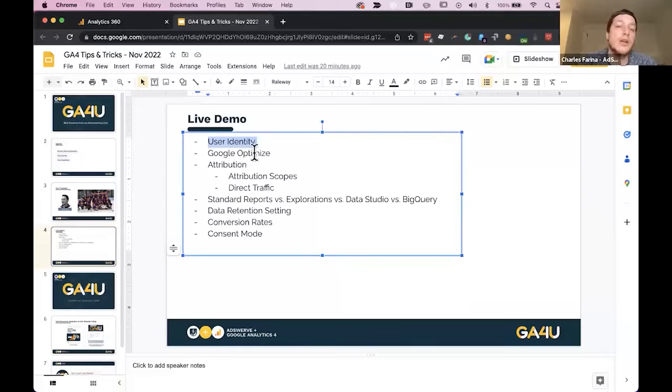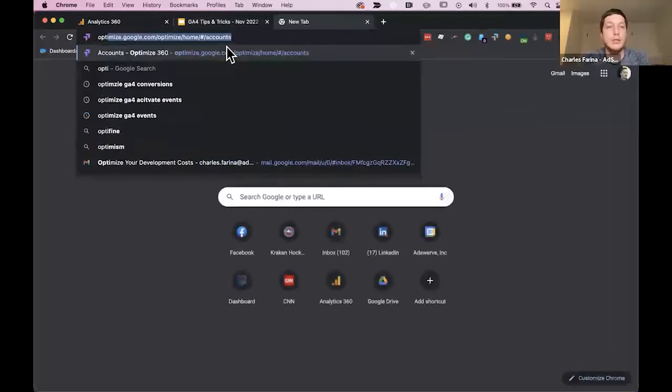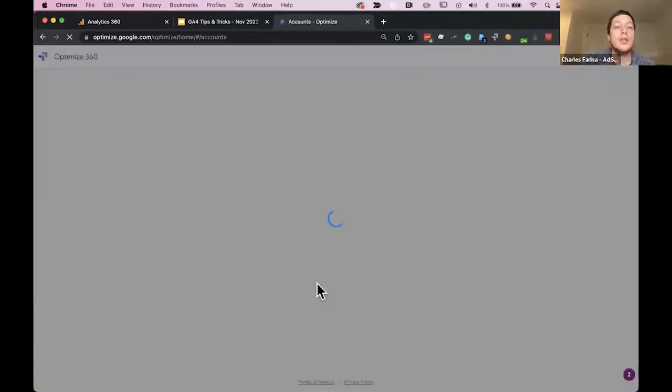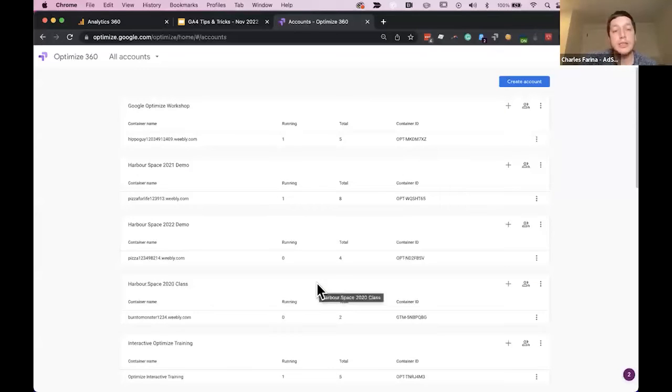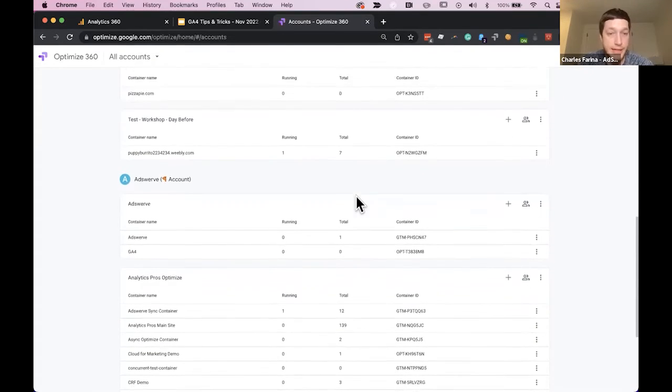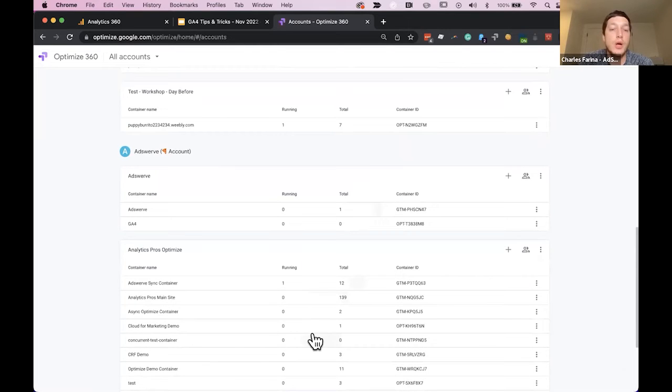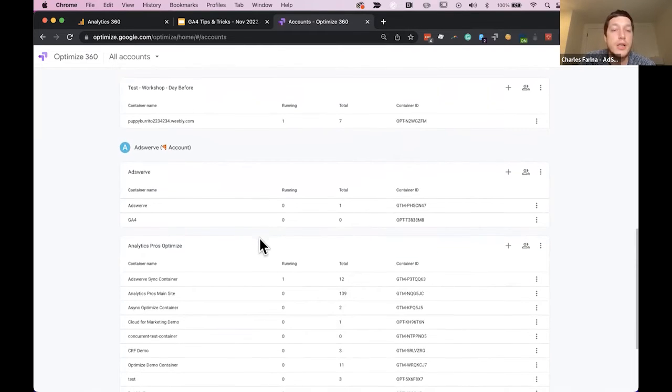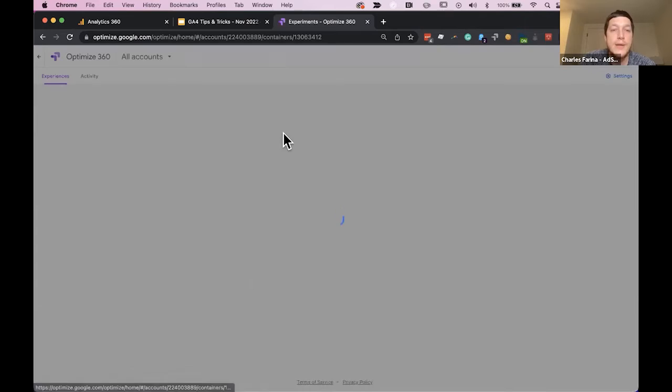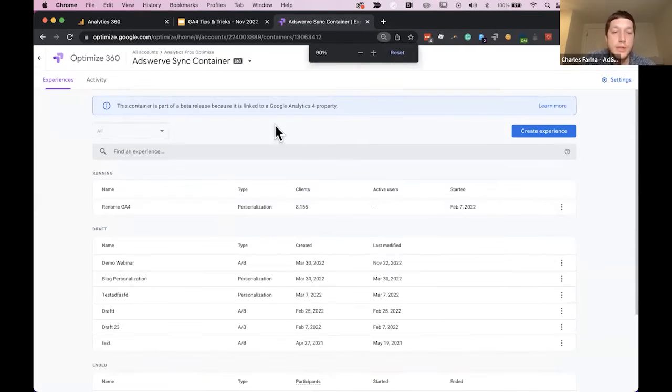Okay, moving on. Another key component is Google Optimize. I love Google Optimize because, to my knowledge, it continues to be one of the only free tools that marketers have to do somewhat sophisticated A/B multivariate testing and even personalization that you can run from Optimize. And with GA4, there is a new integration directly for this. And if you've never seen Optimize before, it is super easy to use. It's super easy to set up.